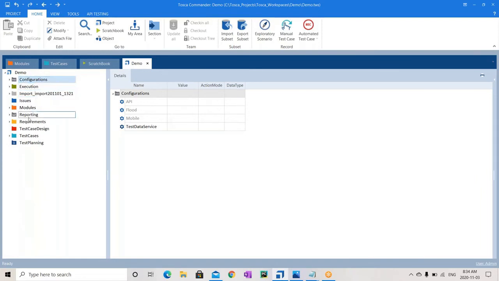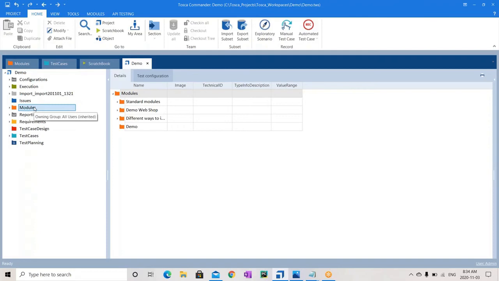Okay, and next is modules. I'm not going through the flow that is present over here. I'm telling you the actual flow that we will be working in Tosca. Most of the time we will be working on four sections. One is modules, next is test cases, third is test case design, fourth is execution. So modules is where we scan our elements.